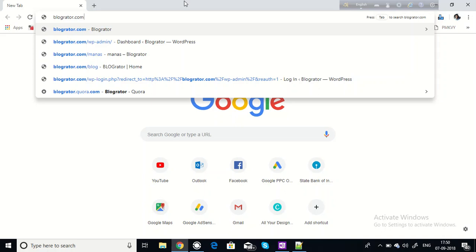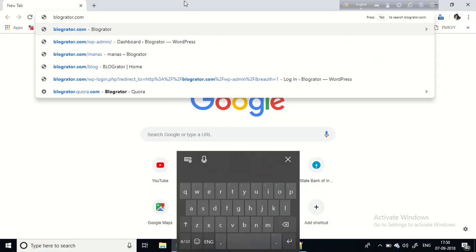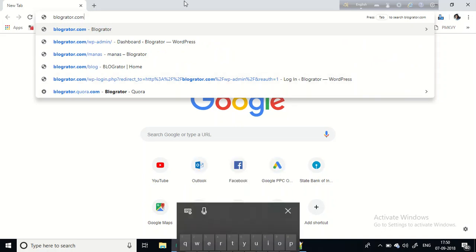So this is not just a name, it is an address, and every address represents some numbers. I will not talk about the numbers because it will confuse you. So just remember,